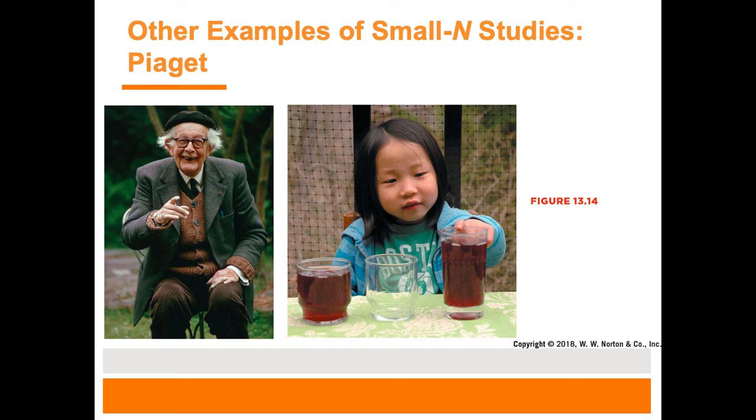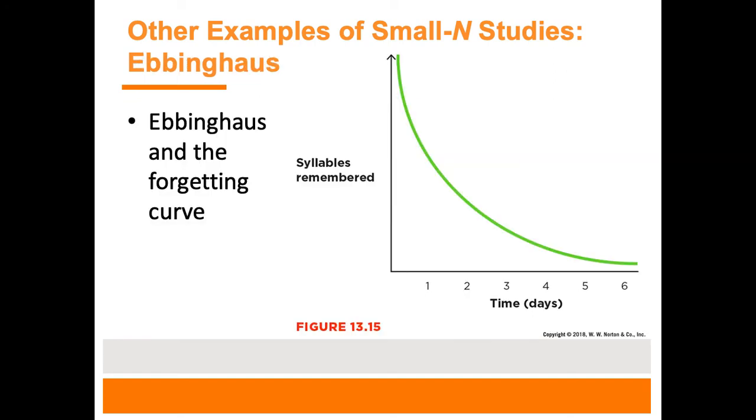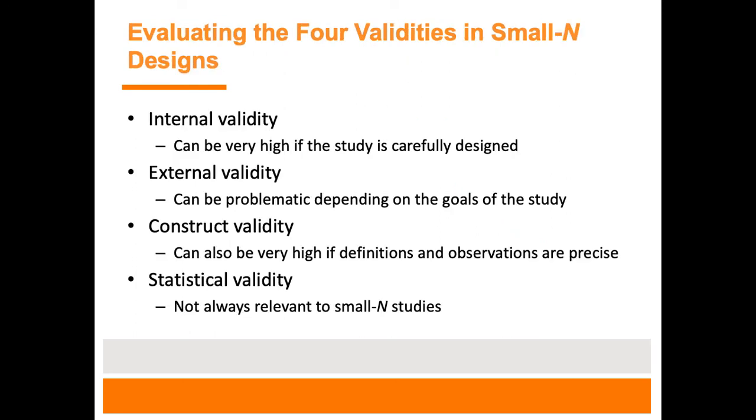And of course, there's many more historical examples of small n designs, many psychological studies in the past, such as Piaget, looking at water conservation, Ebbinghaus, looking at memory. Piaget used 3 participants, I believe they say, Ebbinghaus 1 himself. So of course, small n studies that maybe taught us a lot, but maybe highlight the need for replication.